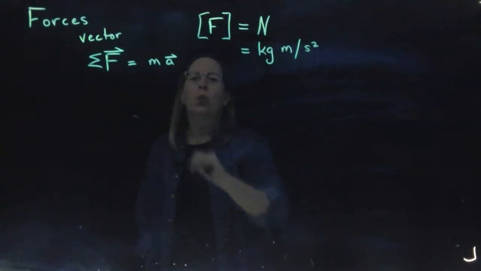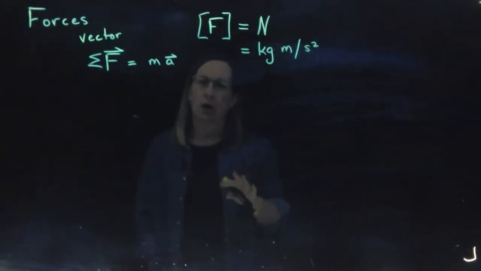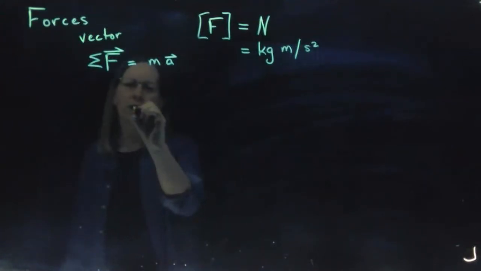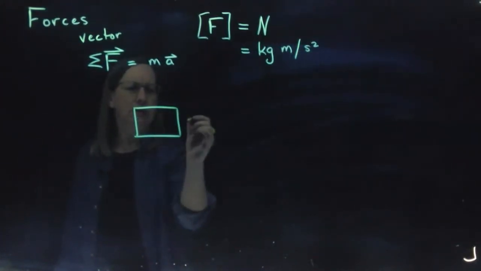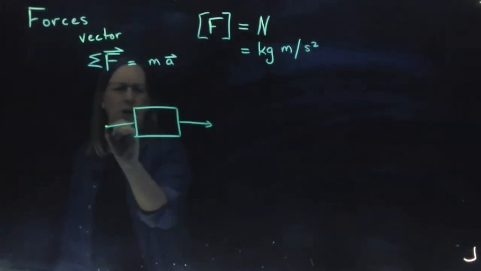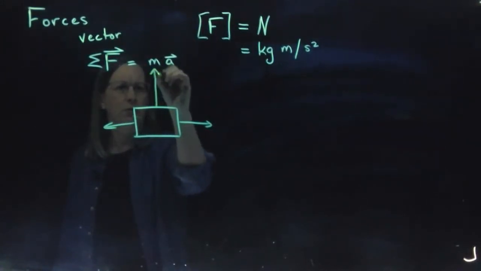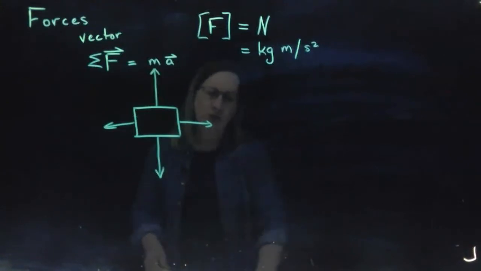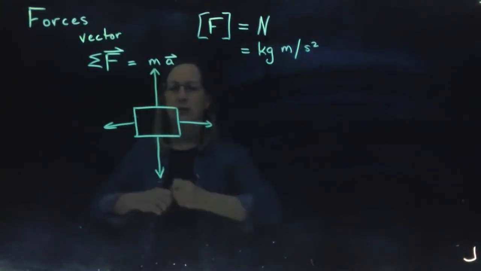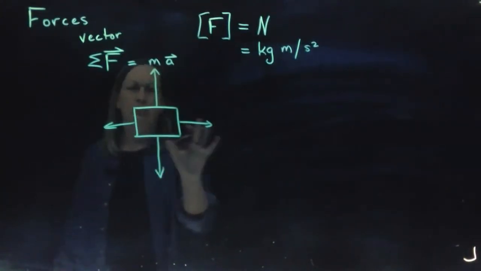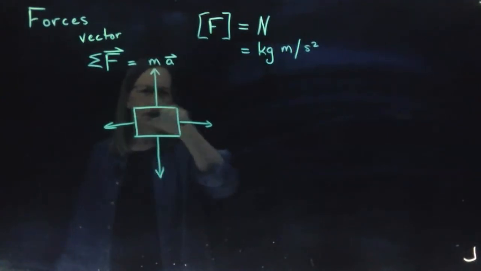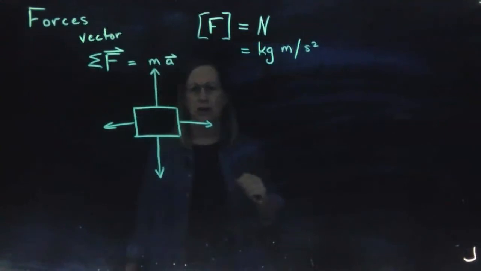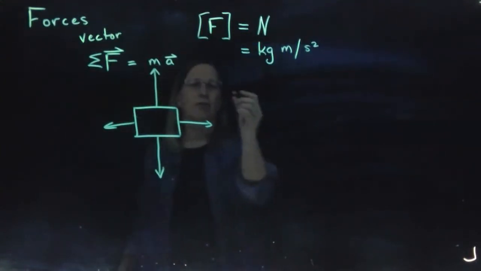So what we can do is start to look at objects and look at what happens when we apply forces. If I have this object like this, and there's a force in this direction, and a force in this direction, and let's say a bigger force in this direction, and a bigger force in this direction, we start to read these force diagrams. These arrows tell us about the forces. And the first thing, if I've drawn these to scale, is if we say all of the up and down forces are equal and the left and right forces are equal,